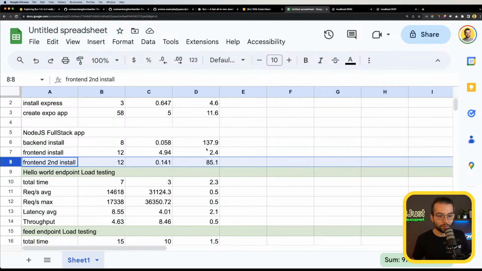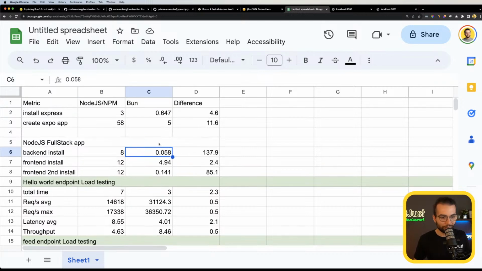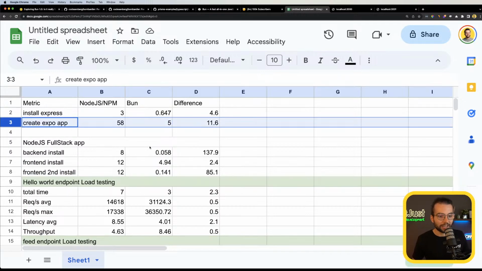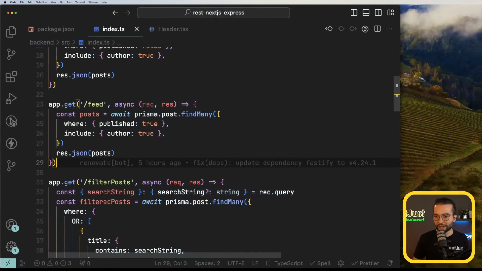In those cases, we see up to 137 times faster results. So if the backend took 8 seconds to install with NPM, it took only 58 milliseconds to install with Bun. So yeah, we saw that with the Expo application as well. Anyway, what I want to do next is I want to